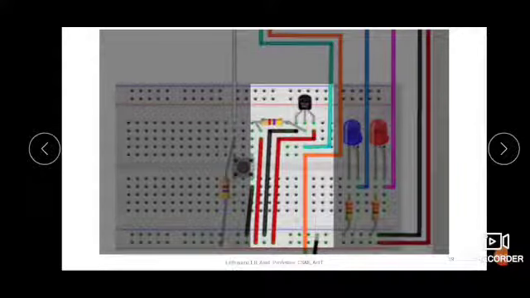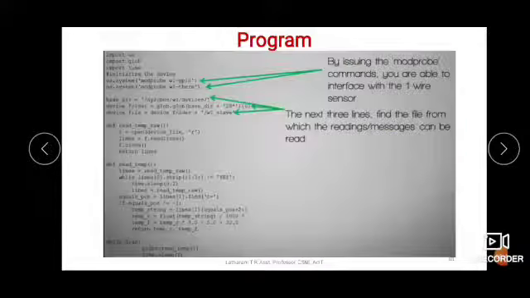So here this temperature sensor will sense the temperature and will place it in a file, and that file needs to be traced, go to that location, and the value from the file needs to be read, and then it needs to be converted to degrees centigrade, and then it needs to be displayed. So for that purpose we are writing the program. The program goes like this.